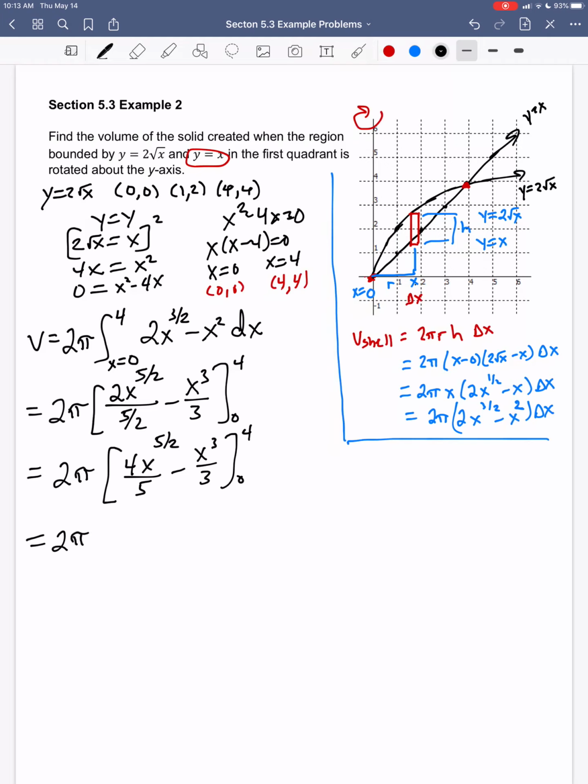So now I plug in 4. And then I plug in 0. Well, 0 to any power is 0. 4 times 0 over 5 is 0. 0 cubed over 3 is 0. So I don't get anything from that